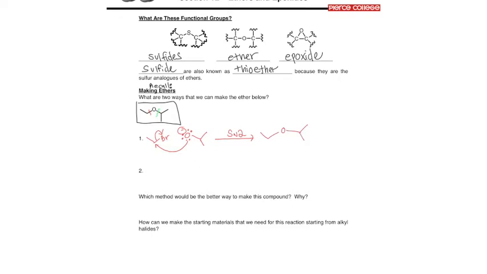So that's one way to make the ether, but we could have also made the new carbon-oxygen bond on that right side where the green disconnection point is. So what would that look like? That means that everything from here on is one starting material. In other words, it's an ethoxide instead of a propoxide. So ethoxide.